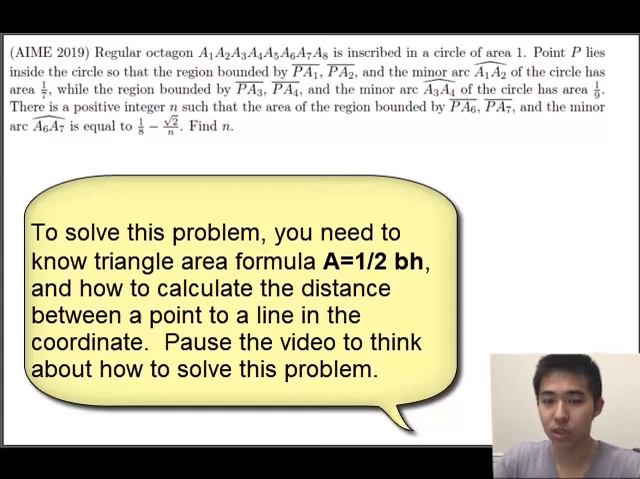Alright, this problem is number 13 on the 2019 AIME 2. A regular octagon is inscribed in a circle of area 1. A point P lies inside the circle so that the region bounded by PA1, PA2, and minor arc A1A2